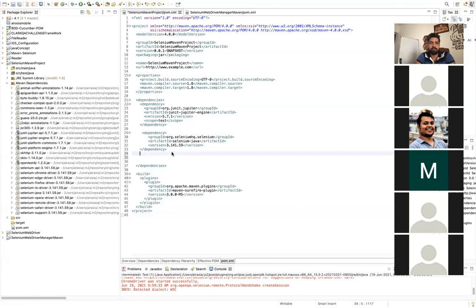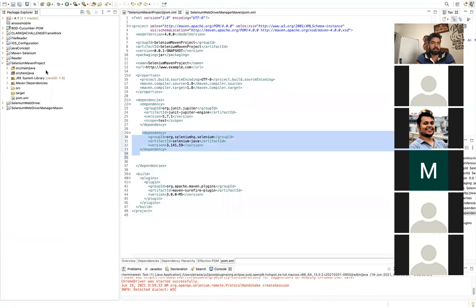So what I have done till now is create this Maven project, and the only thing I have added is this Selenium dependency. The dependencies automatically came into this Maven dependency folder. Now, the next target: you can see here src/test/java and src/main/java. I will explain what these folders are used for when we go into the framework.